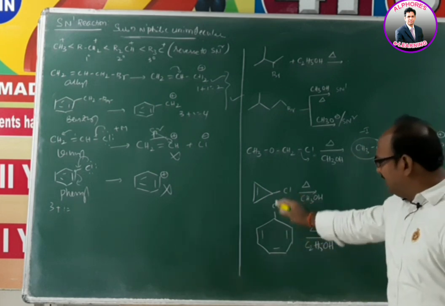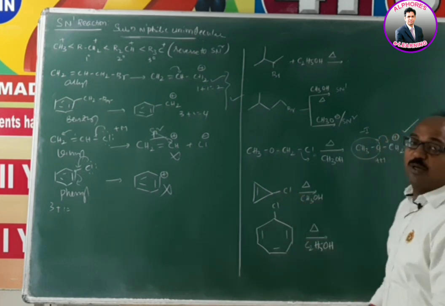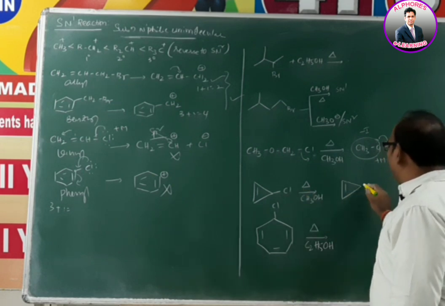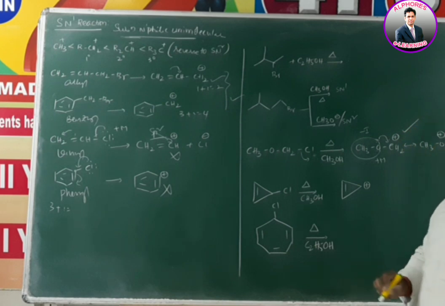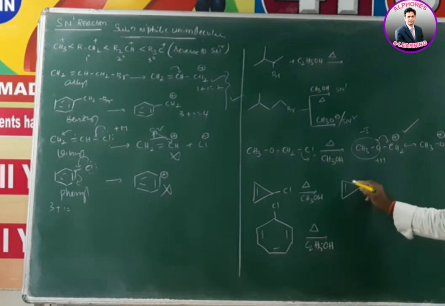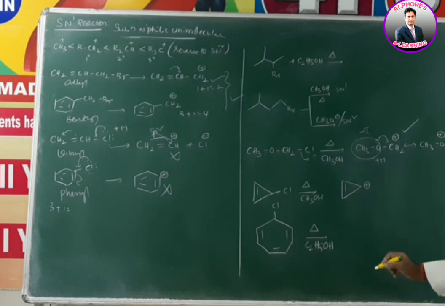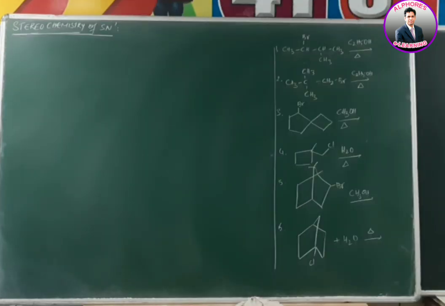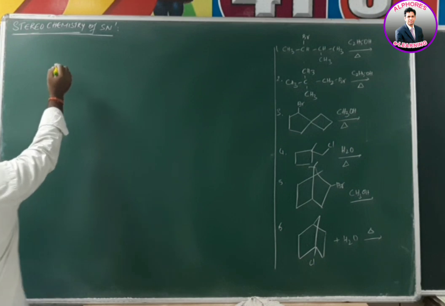Now have a look here. These two are typical, different examples. Isopropenyl chloride, if it undergoes solvolysis, gives the isopropenyl carbocation. What are we expecting? This we know, sir, this one is stable because the pi electrons are involved in resonance. Not only because of resonance, if you think properly, this carbocation is aromatic.